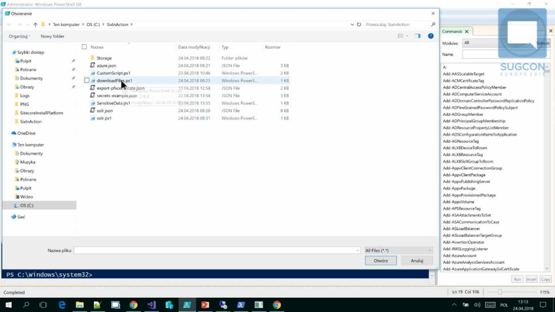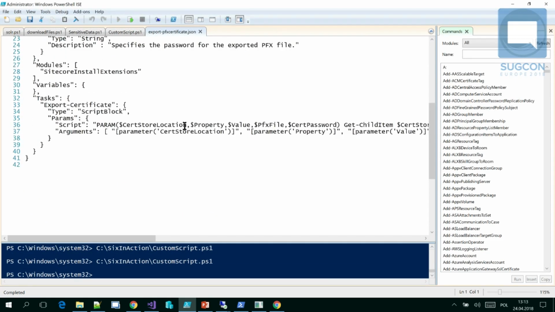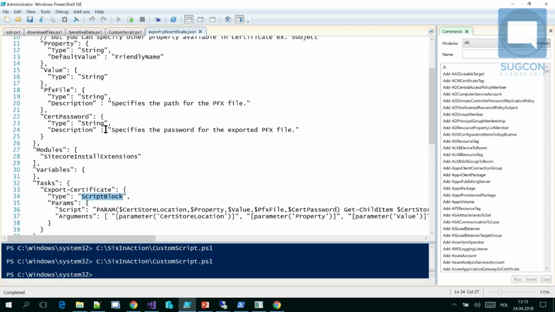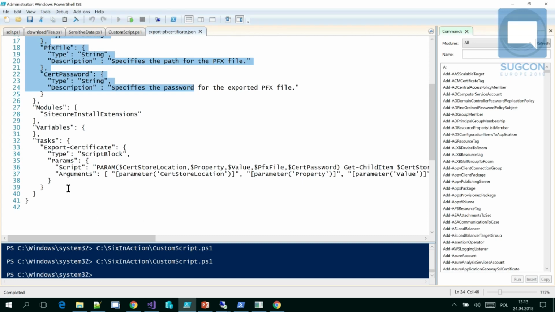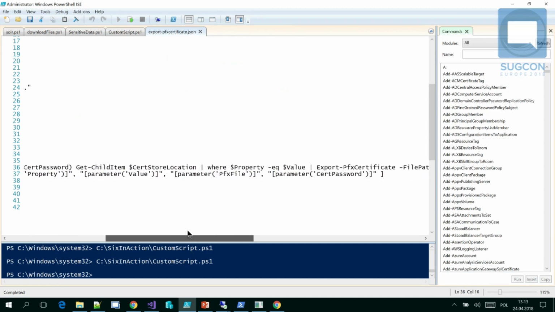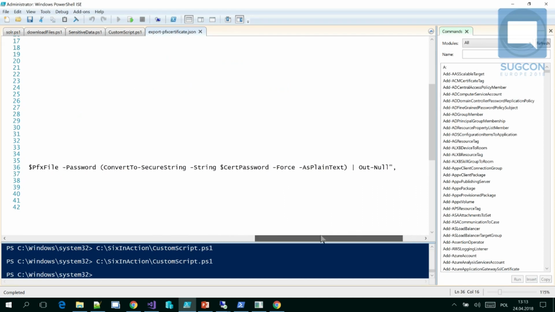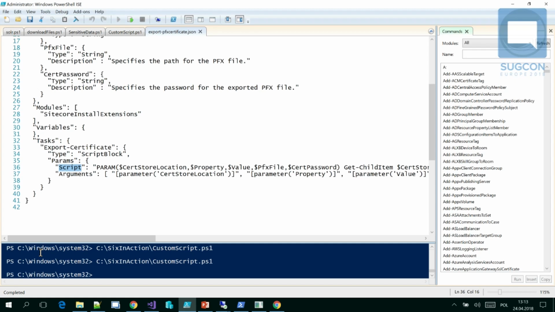And here is export certificate. So we have a task with type script block, and of course we have to define all required parameters for our script, and just put this one-liner to the script parameter, and that's it. So if there is lack of some functionality in the SIF, we can quite easily extend it with few lines of PowerShell script. We don't have to wait for,